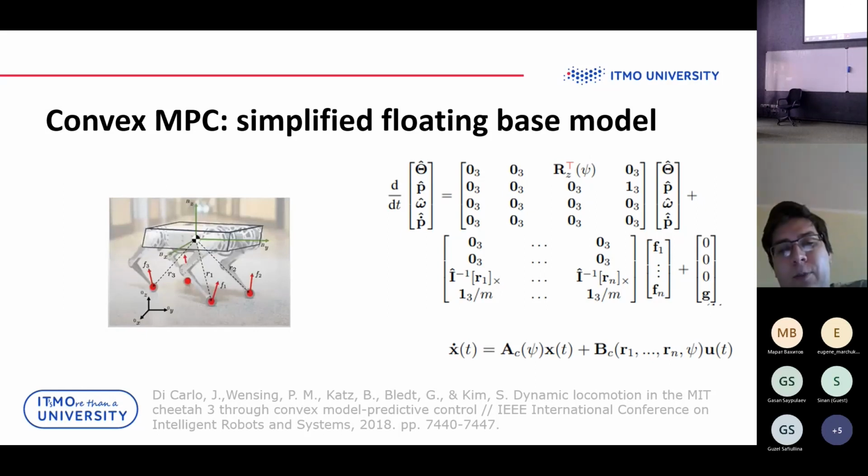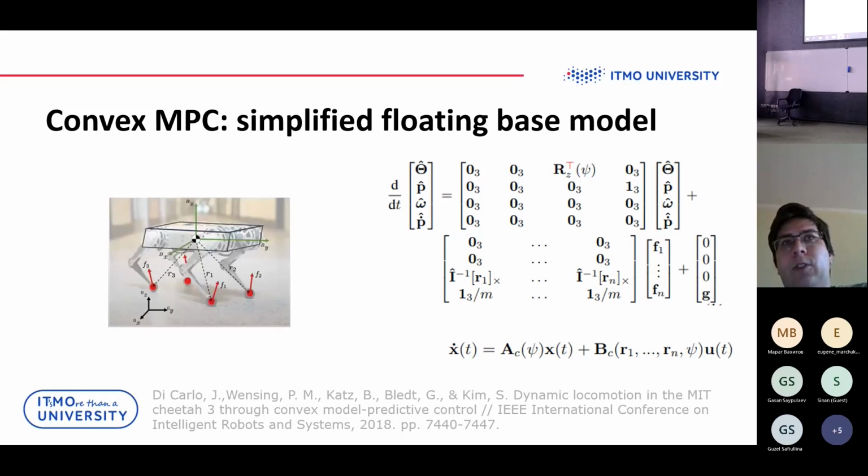With this simplification, we can describe a linear system of the floating base model. This is not the accurate model, of course, but for MPC it can be expressed like this,